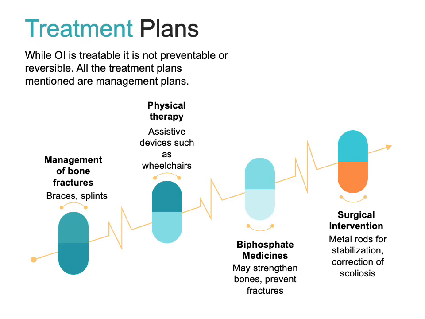Also in the realm of physical therapy are assistive devices such as braces, splints, and wheelchairs to assist with movement and manage bone fractures. Bisphosphonate medications may be used to strengthen bones as well, preventing future fractures. Common bisphosphonate medications include zoledronic acid, which can treat bone damage, and risedronate, which alters the cycles of bone formation and breakdown, commonly used in osteoporosis treatment, stimulating higher calcium levels in bone formation.